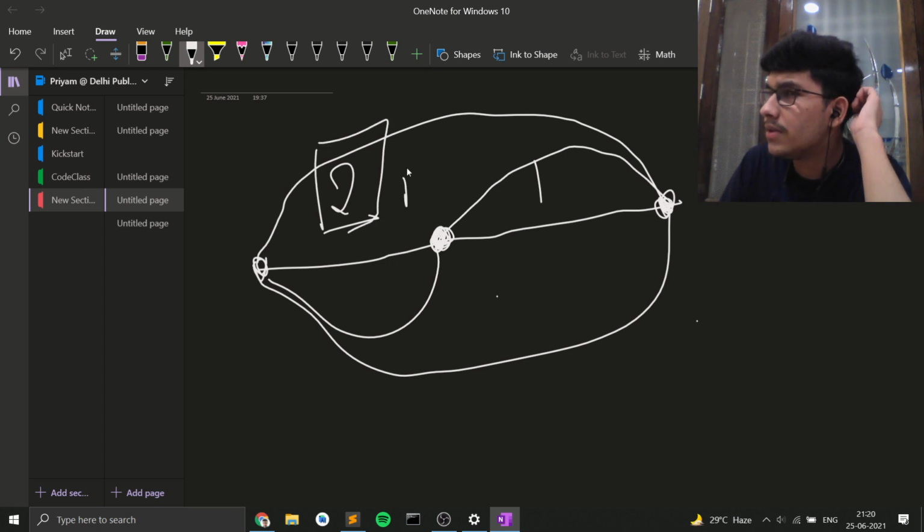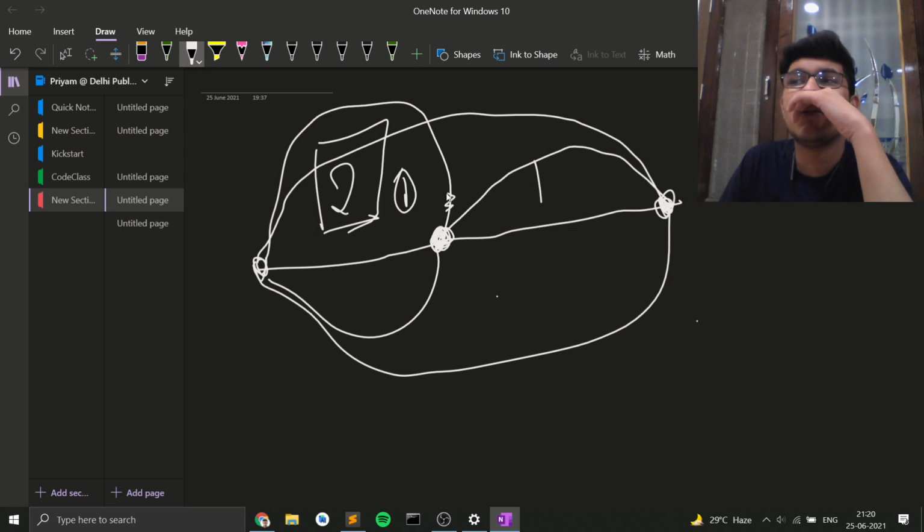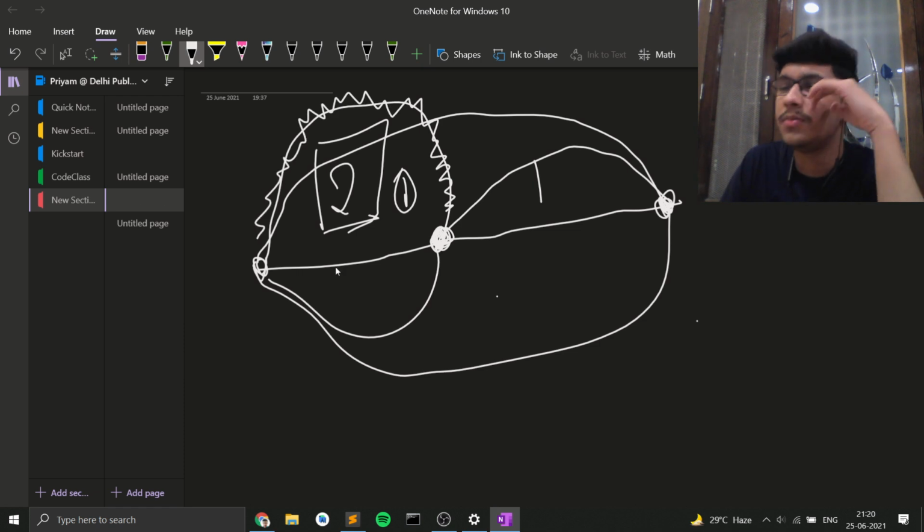This will come once. So if I've already removed this part, then this remains. So for the first one, this has to be 0. And for the second one,